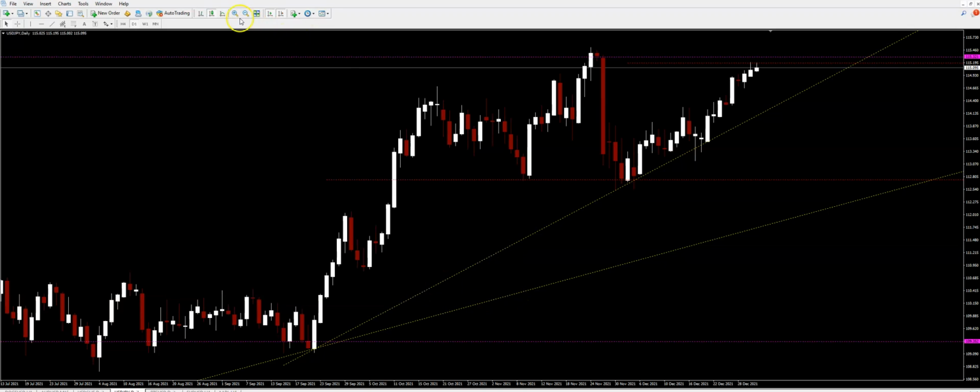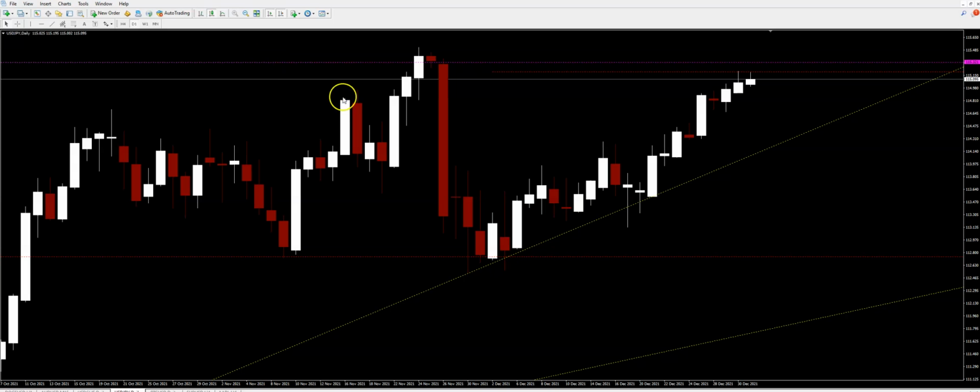Zooming in, if you look at these candles and this smaller uptrend right here, and let me move that line up just a little bit. If you look at these candles, the last major up candle, which is this white candle right here, before the trend came down right here, price,